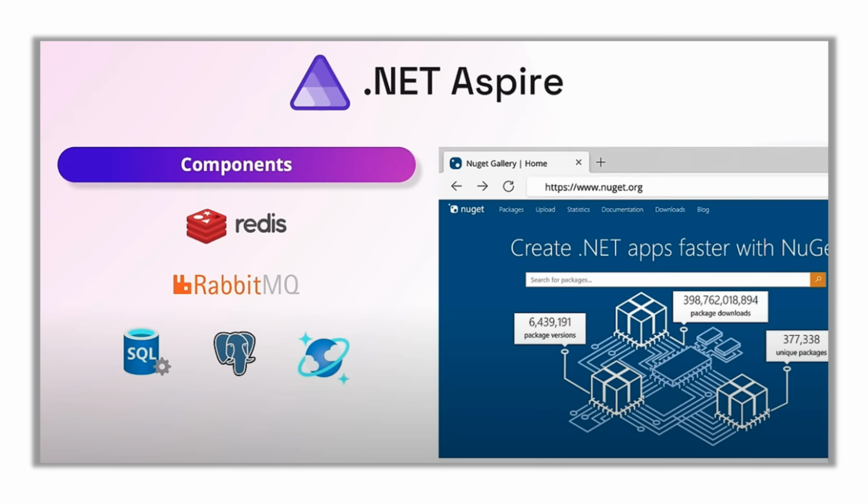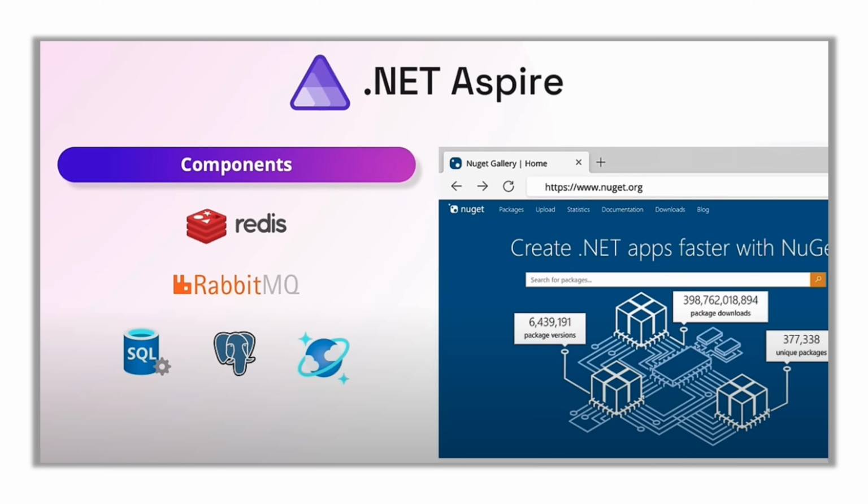Aspire components are the libraries you use to communicate with your app's dependencies, things like the Redis SDK, database connectors, and other libraries that you are probably already familiar with. Aspire components give you a single line of code to add that SDK to your application, configuring it for use in the cloud. This means it sets smart defaults for resiliency patterns like retries to handle transient failures, correct usage of dependency injection, and schemas for configurations.